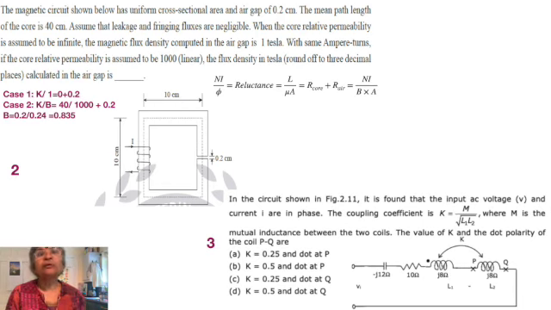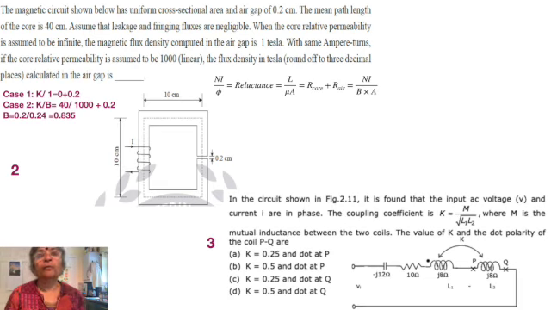So now it's going to be minus 2M, or opposing fluxes, and so minus 2M is equal to minus 4J minus 4, and so we see that M is equal to 2, and so M by root L1 L2 is equal to 0.25. So there are two possible answers, A and C, and since the